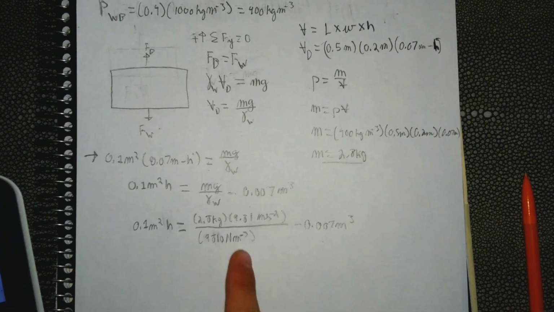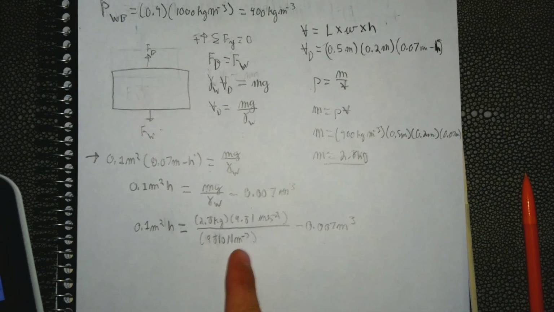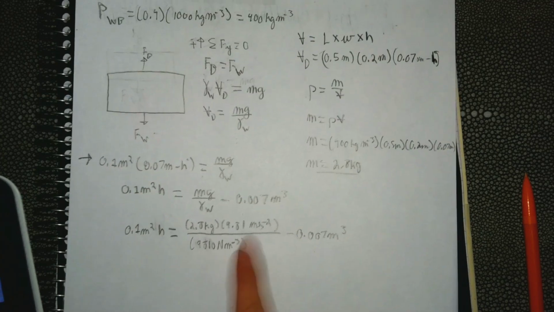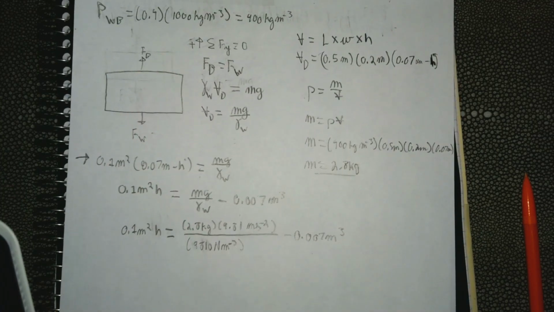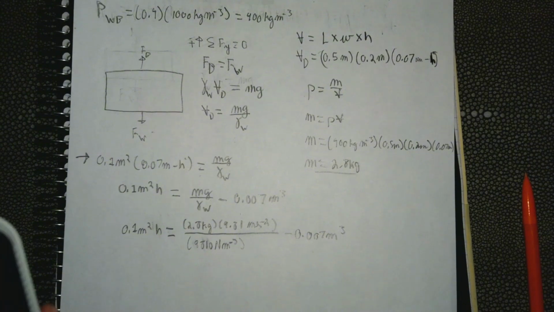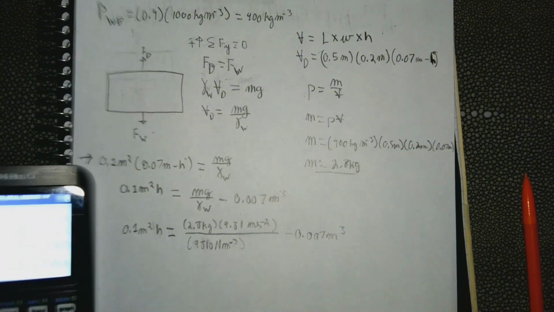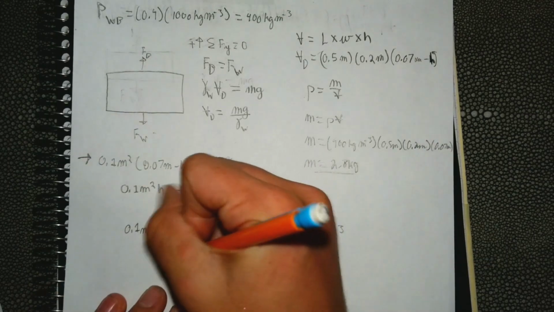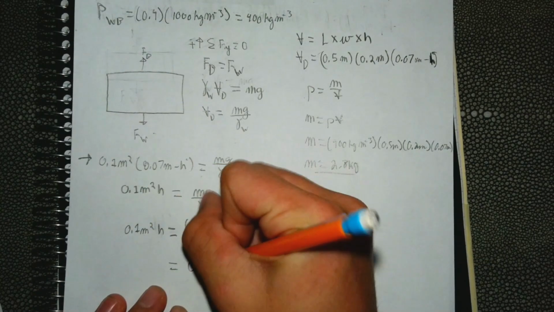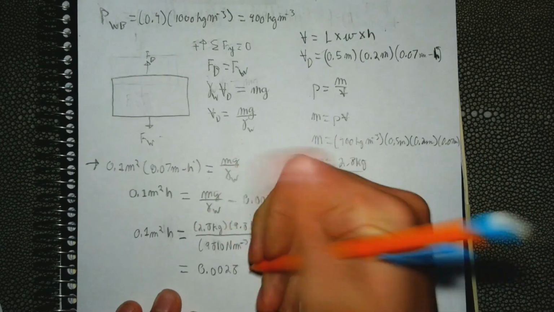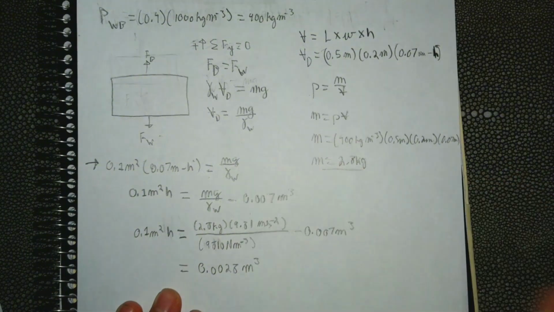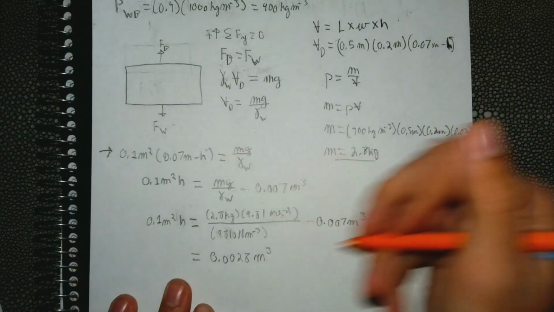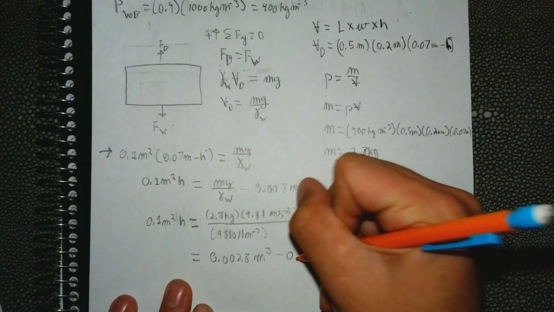We'll be left with this meters cubed. So we got 0.0028 meters cubed minus